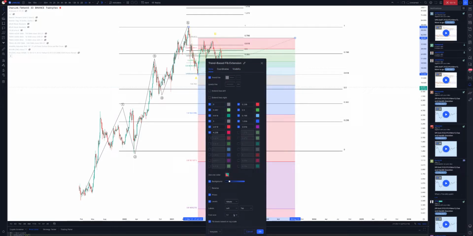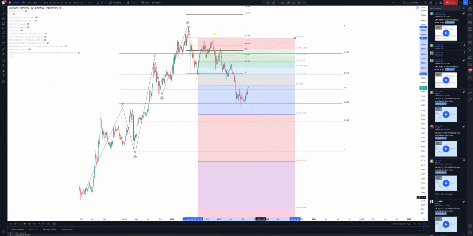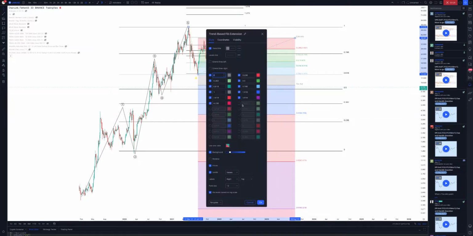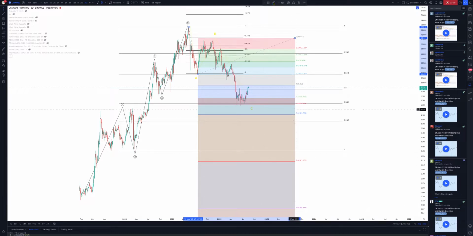From a fib extension to the downside, it's probably the 1.414. We got that, which corresponds with that, making a strong case for an entry.